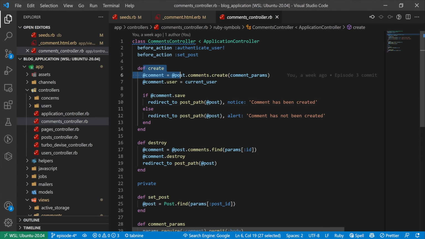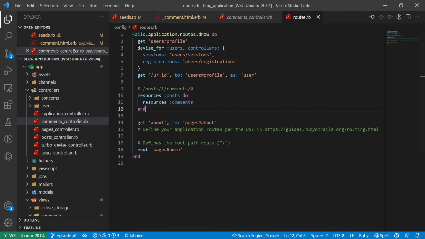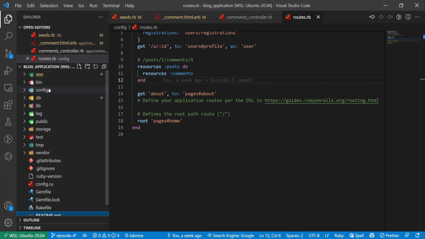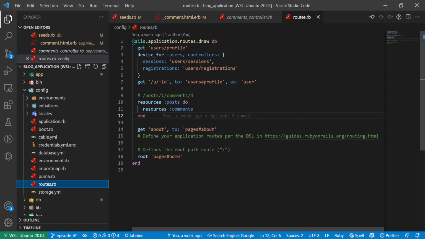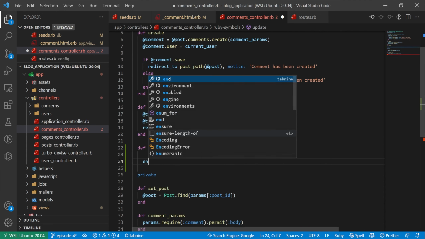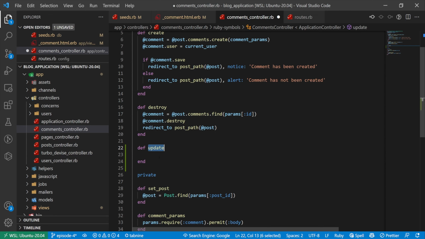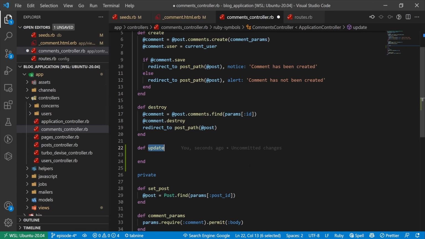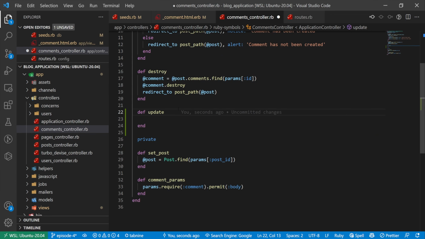And in here we have a create and a destroy action. We actually need to create this update action. And if you remember in our routes, which is, I need to stop jumping around like that so that you can actually see where these files are. Inside of our config and our routes.rb, we created the nested resources for the posts and for the comments. And this is actually creating the update path for us. So when we come into the comments controller and we say def update end, we can now direct to this path, and Rails will automatically, because of these resources, create this update path for us so we don't have to do it. What we do have to do in here is we have to figure out how we're going to